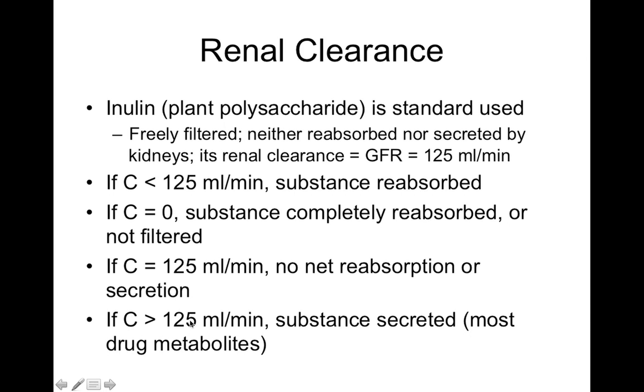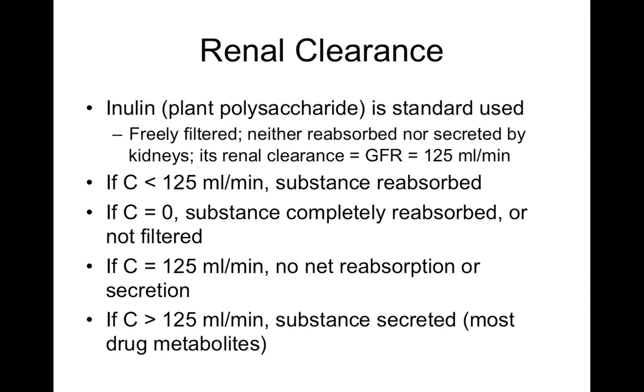But let's say a substance has a clearance rate that's greater than normal GFR, like if you're finding the substance in higher concentration in the urine than you would due to only filtration. Then you would expect that substance is also secreted, right? So if you get secretion and filtration of a substance, then its clearance is going to be faster than glomerular